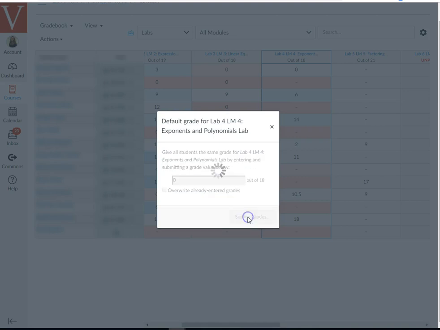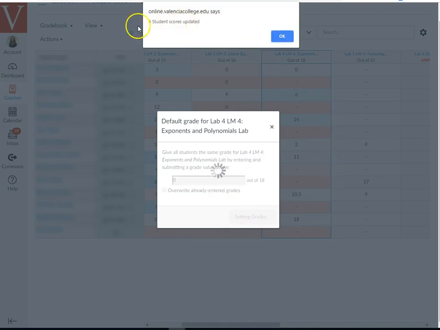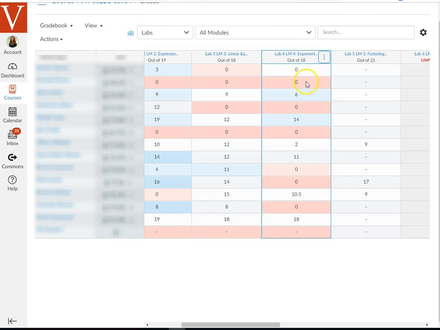So when I set default grade, all at one time, you see it updates 6 scores at once. So 6 students' scores will now turn into zeros. So it's a really quick way to zero out any missing grades without doing it manually for each individual